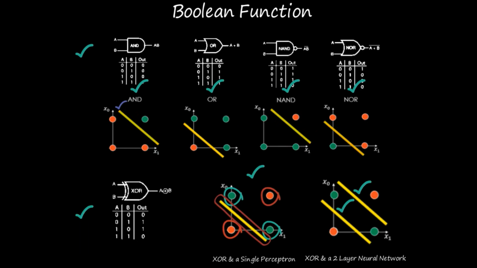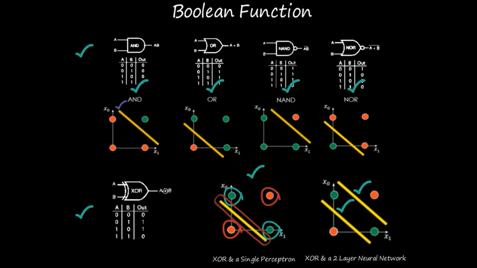So here we are performing classification on Boolean functions. So not every classification behaves similarly. So why we need a neural network, and when we need a single perceptron or when we need more than one layer for a neural network, it is important. So here the point is, whenever your data set is linearly separable, then I will employ a single perceptron and I can easily classify them. However, in case of XOR gate, or we have many kinds of real life data sets also where the outcomes cannot be classified, means the data sets are non-linearly separable.